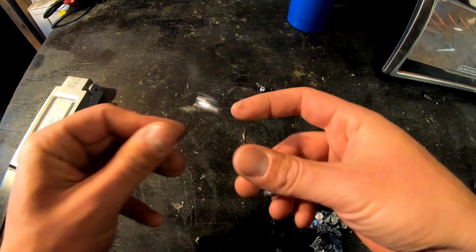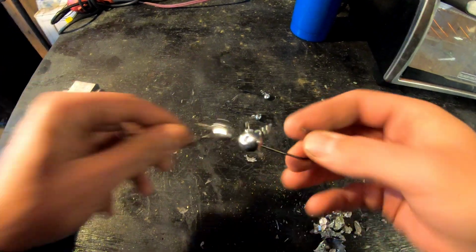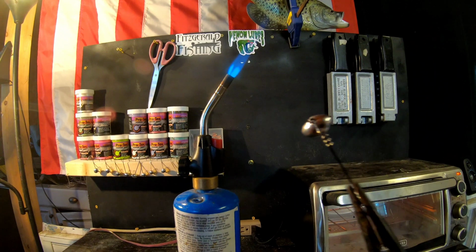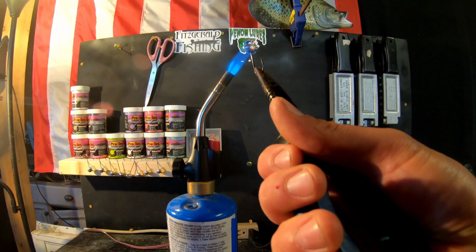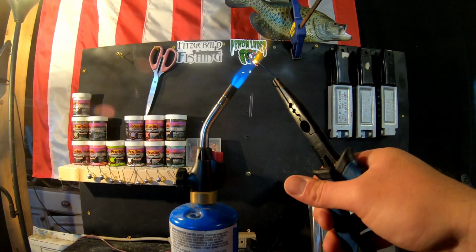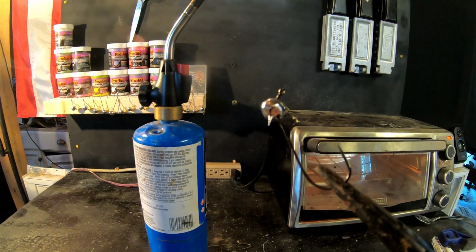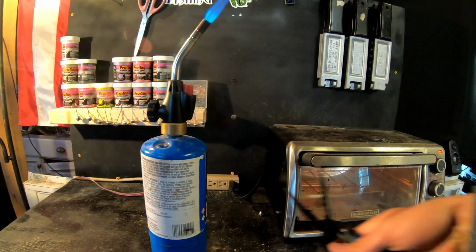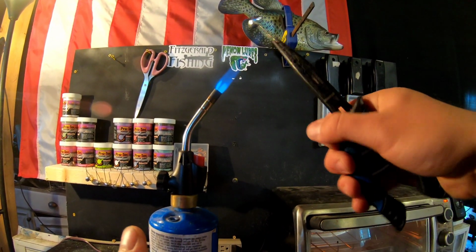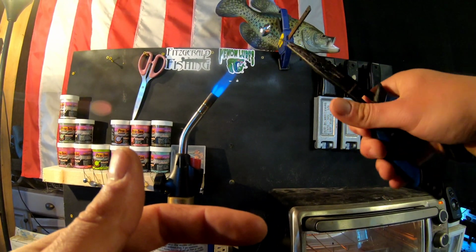As y'all can see, I've messed up four of them. If you heat this up too fast, watch what happens. If you leave it in the direct fire, it will melt on you. See, look, it melted on me. That's not what you want to do. What I do, guys, is hold this above the flame and wait for the screw lock to turn red, and then